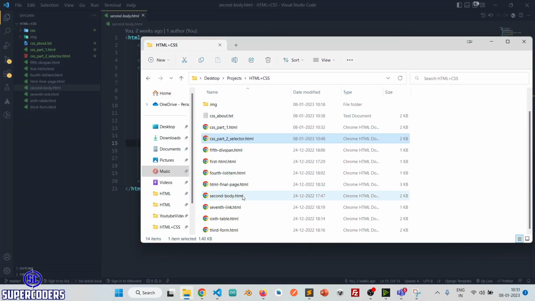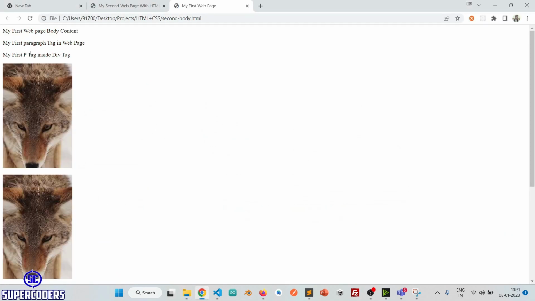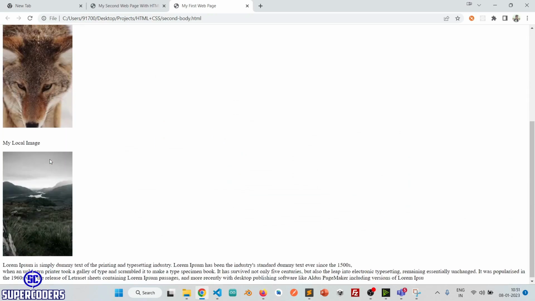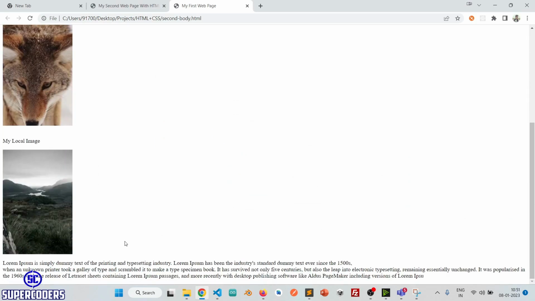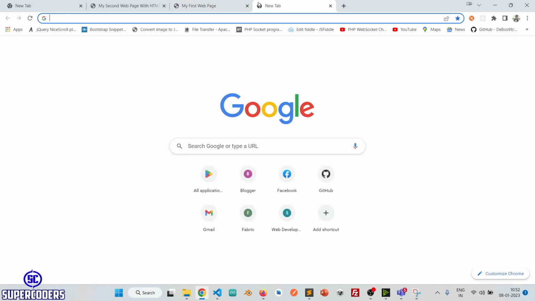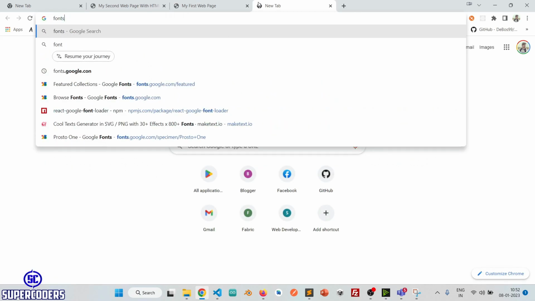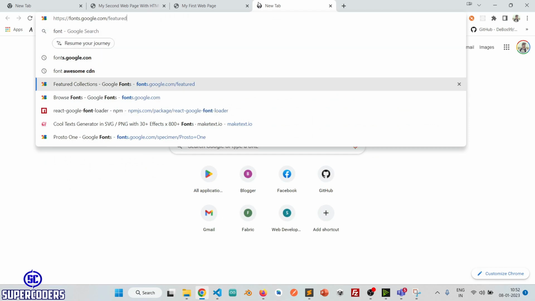This is second body.html, and you can see it is showing the paragraph tag, the image, and everything is okay. But I want to change this text font, so you can use a custom font also. Let me show you how you can add a custom font in your pages. I'm just using a simple Google font here. Just visit the site fonts.google.com,